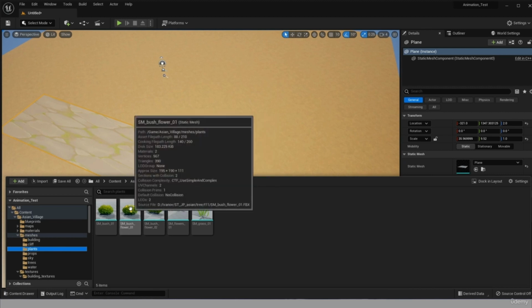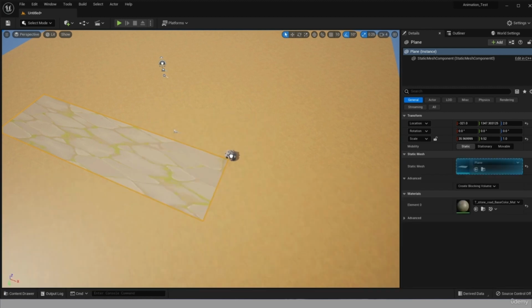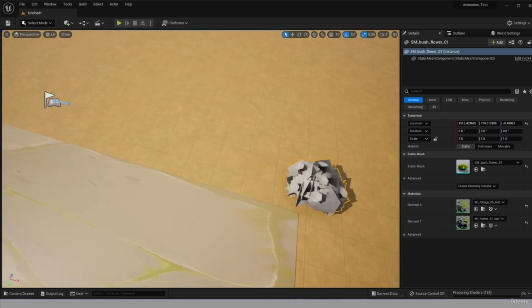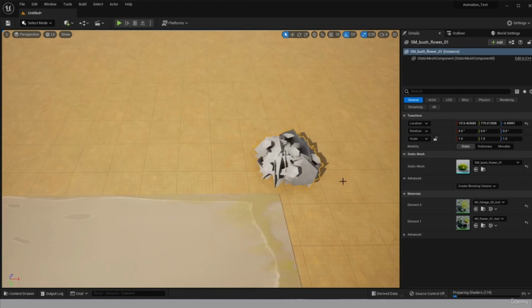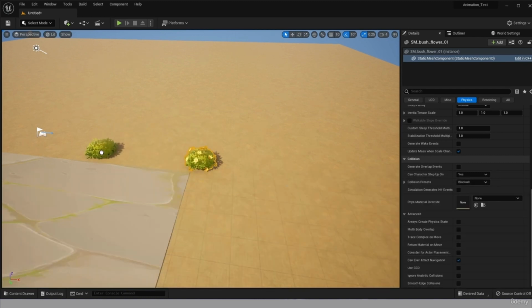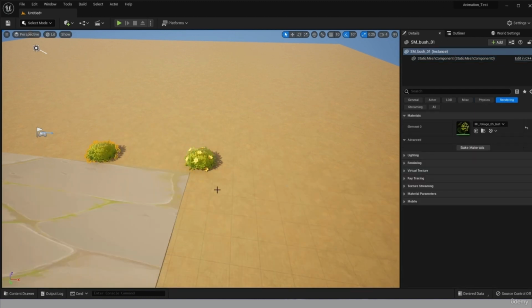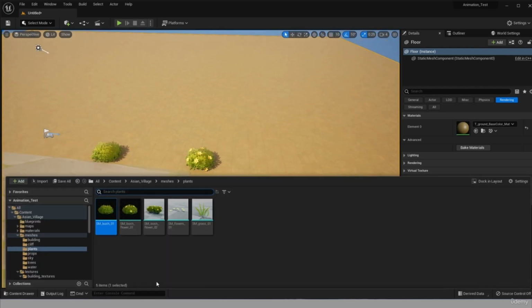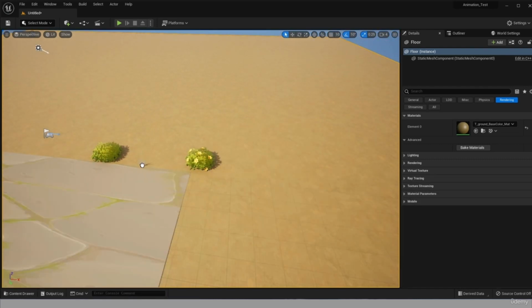For example, we can put some bush here. It needs some time. And then a few bushes. For decoration, you can put some grass, and